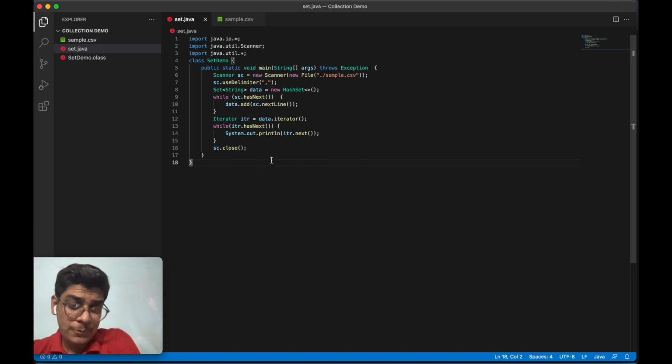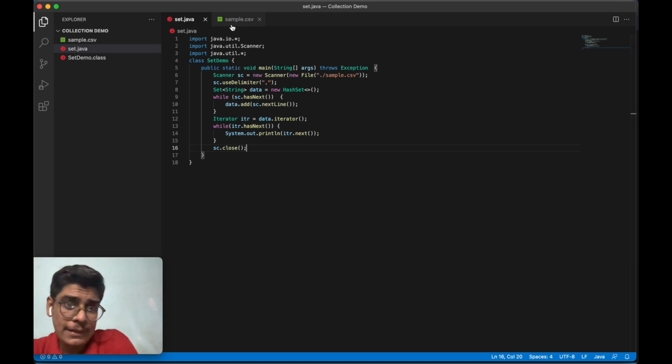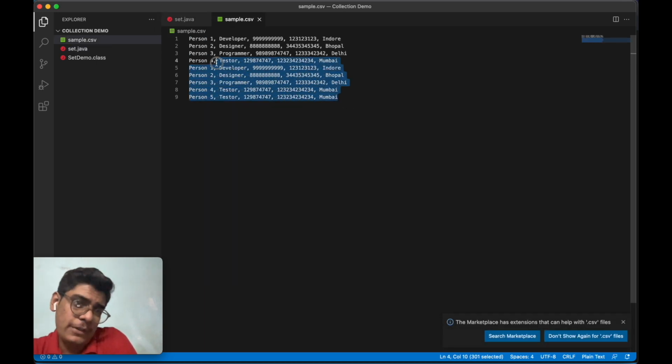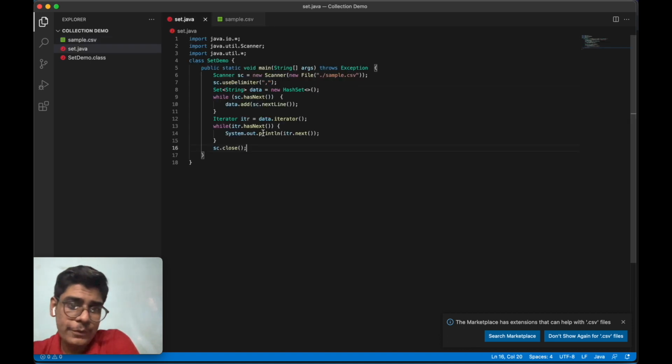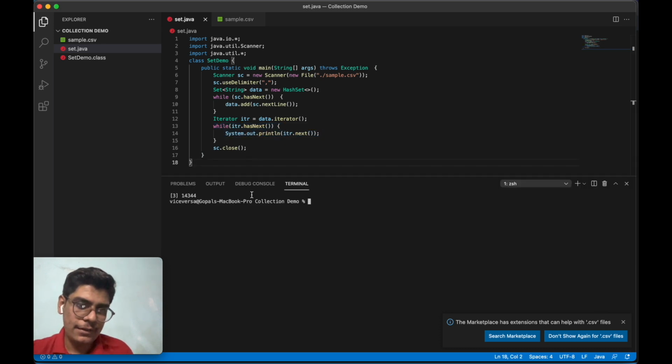Now let's see a program which will let you know how powerful the collection framework is. Let's say we have a problem, like we have a CSV file which we usually use to store data. It has some duplicate elements, like person 1 data is duplicate, person 2 data is duplicate. So if we want to remove these duplicate entries, how will we do that? It is very simple using a set. So I have created a set that is a hash set. Now I am just iterating it, and after iterating I am adding this data in our set, and you see that our set has only the unique entries, no duplicate entries are there.